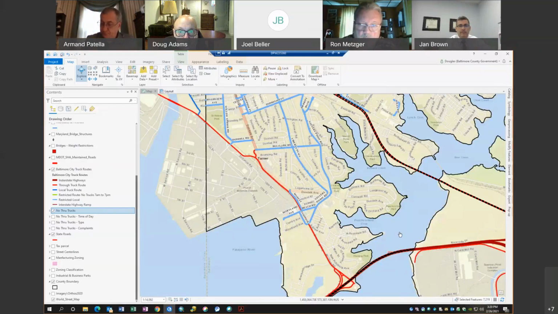Well, let me say, when a trucker misses his turn, they don't have a whole lot of choice but to go through Turner. But that's the exception, not the rule. Okay. Well, then we will leave this area alone as well. Doug, do you want to zoom back out a little bit?